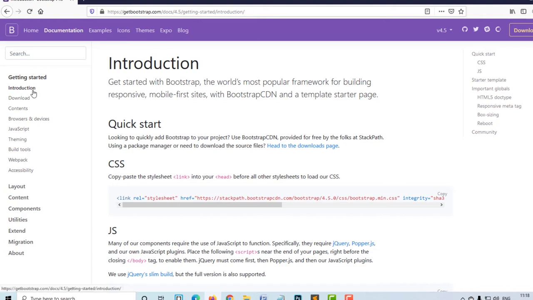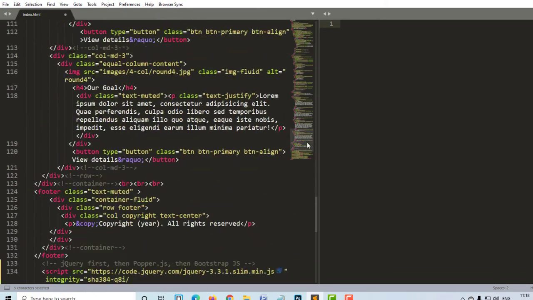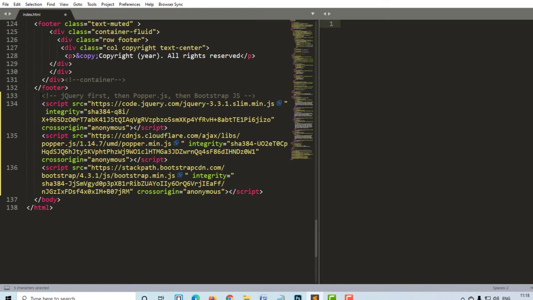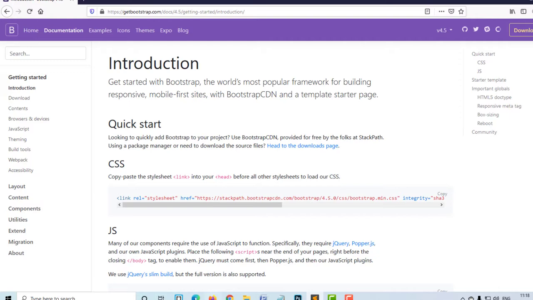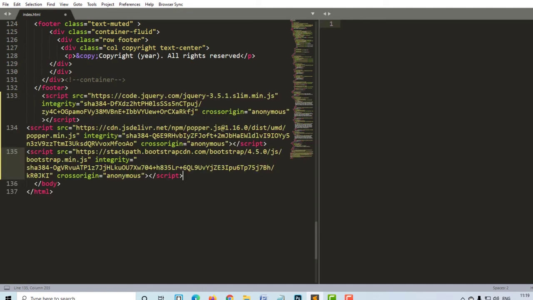If you go to the introduction part in the documentation, you have the CSS CDN version. You just copy the code, then paste it here. So this considers the CDN of Bootstrap 4.5.0. Similarly, going down to the JavaScript, let's remove this 4.3.1 version and then again go to the JS part, copy this JavaScript code and then paste it.